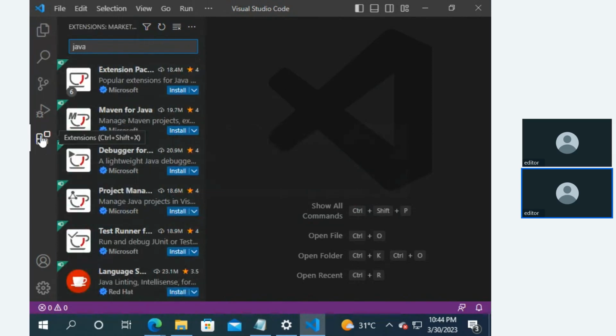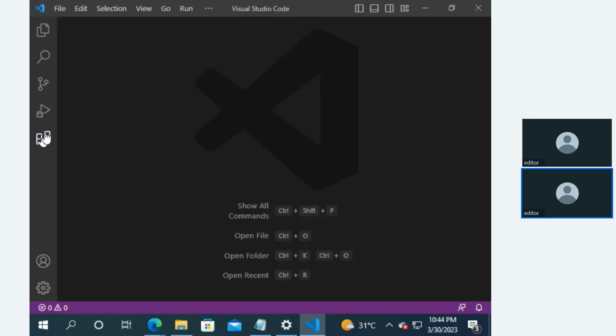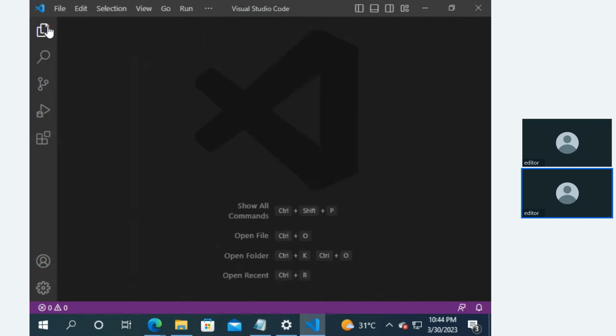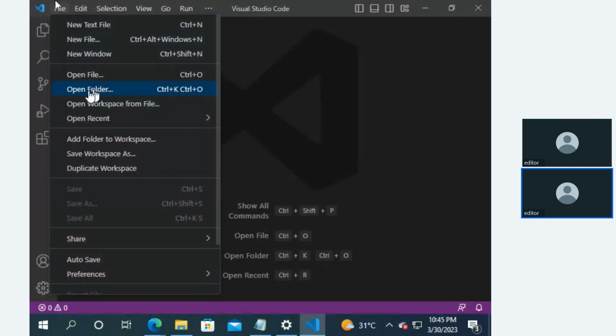Don't install any extensions unnecessarily, without knowing. Extensions will not be very useful, and at the same time they will occupy and slow down the starting time. For example, if I want to do my programs on the desktop, I can create a new folder. Otherwise, I can check it, open folder,